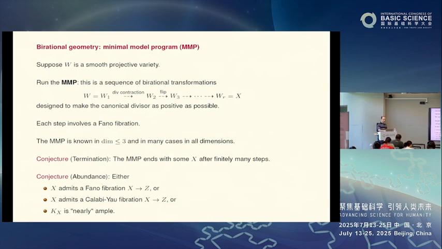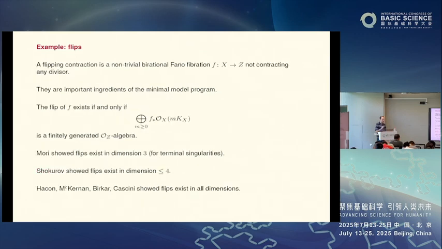So this makes it clear why Fano fibrations are important in birational geometry. Because the outcome, not always, but many times, happens to be a Fano fibration. But more importantly, every step in the program is about Fano. A divisorial contraction is a Fano fibration. A flipping contraction is a Fano fibration. So every step is related to this Fano geometry. So I think this makes it very clear why Fanos are important in birational geometry and more generally algebraic geometry.